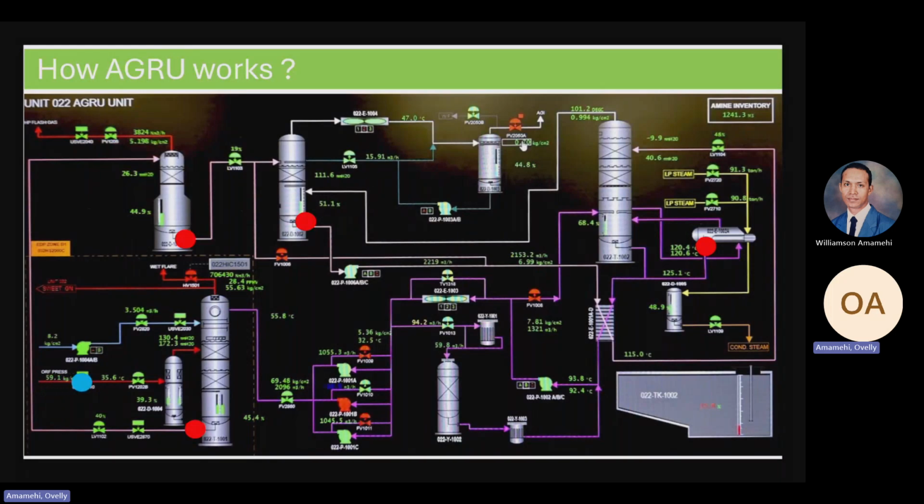And then this is the flow from ORF to the sweet gas. And this is the flow of rich amine from the absorber to the HP plus drum. And then the rich amine will flow to the alpha plus drum. And then from the alpha plus drum it will go to the flat heat exchanger and will go to the stripper. And then the lean amine will go from the reboiler, flat heat exchanger, FinFan, and will go back to the absorber.